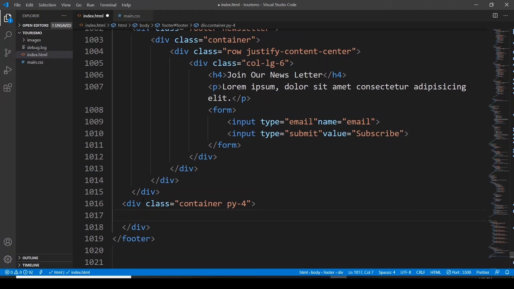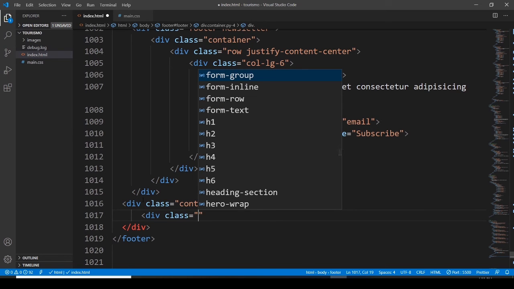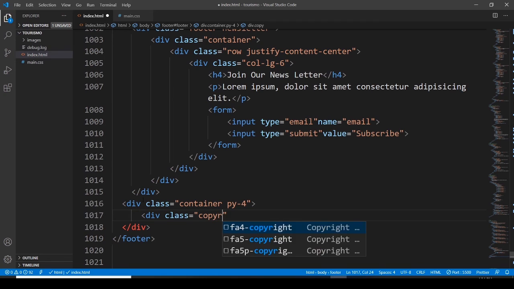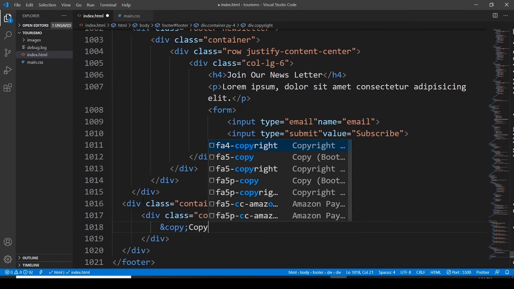And then we have a division, and let's have a class, and this class is going to be copyright. The copyright is going to have a copyright sign, by using ampersand, copy, and then semicolon, and then we have to write here copyright,